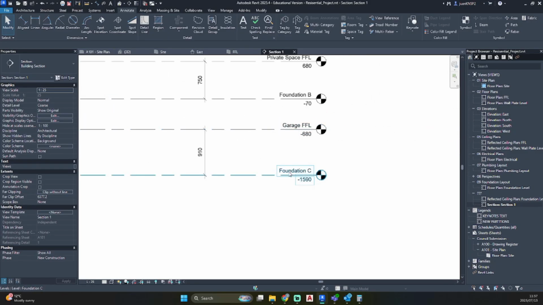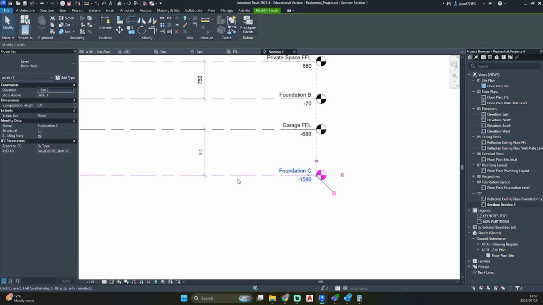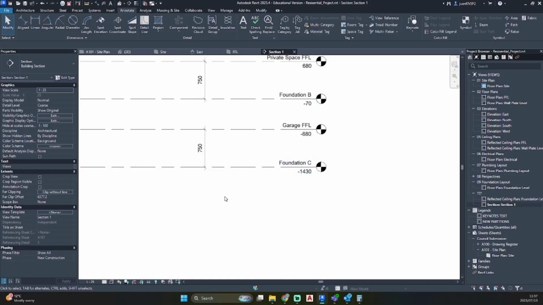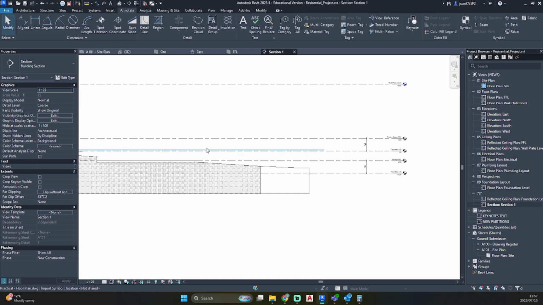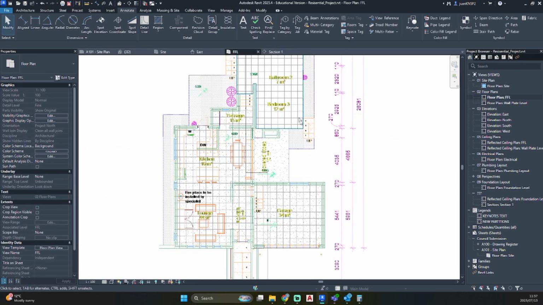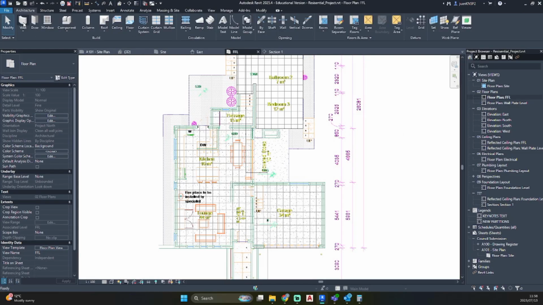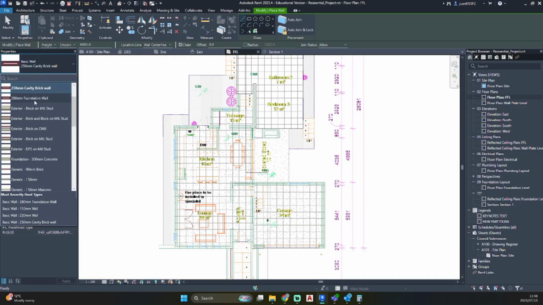Let's do the same for foundation C. If we click on that, just click on the dimension, 750, and it moves it into place. So what we're going to do now is go to our floor plan, where our CAD is, and then we're going to go to the foundation wall that we have created.